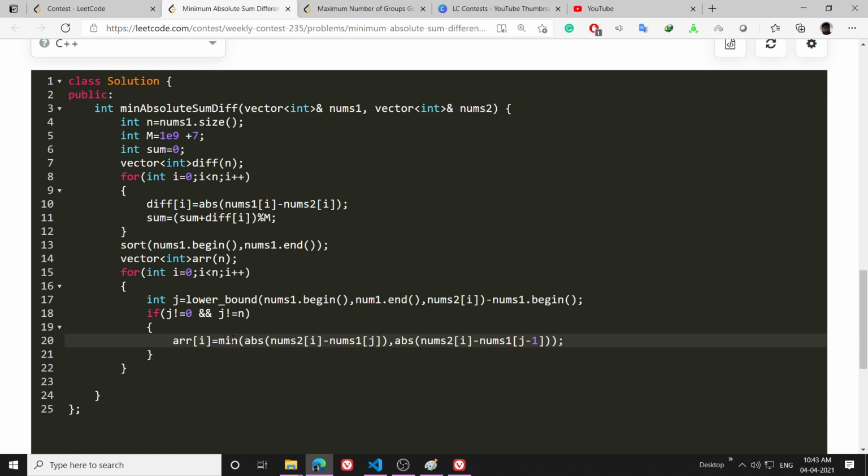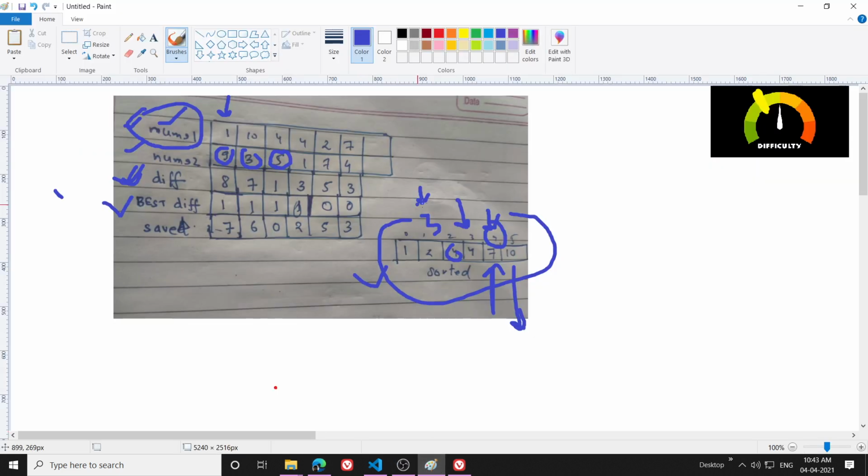Why have I done this j minus 1 thing here? For example, in case of 5, if 5 was existing in this array, then I would have got the pointer to 5, and the difference would have been 0 directly. But in this case, I will be getting a pointer to a number greater than 5, that is 7.